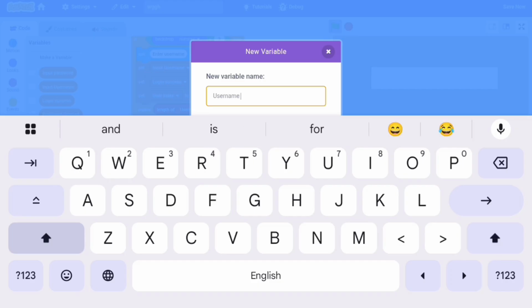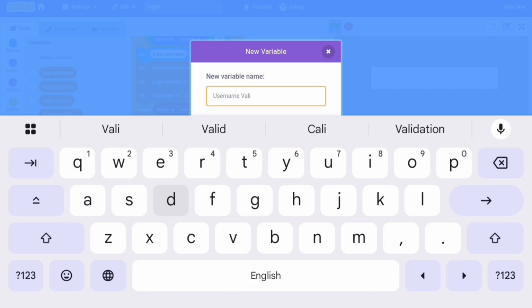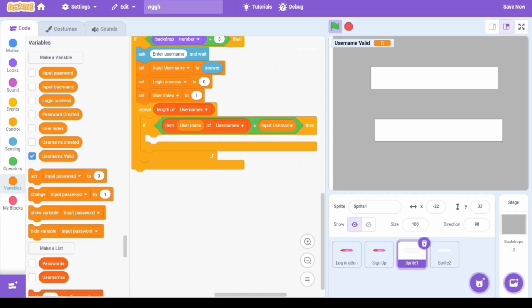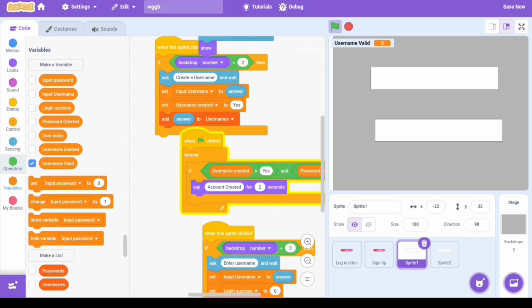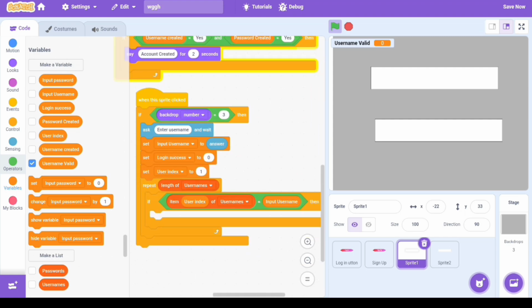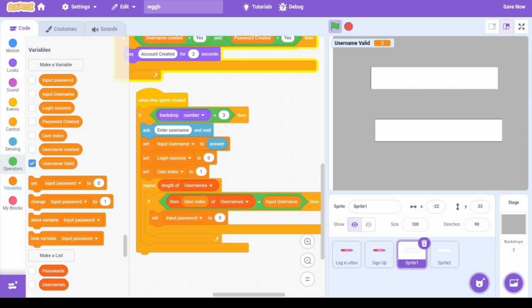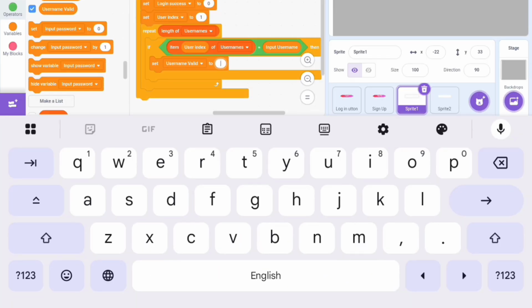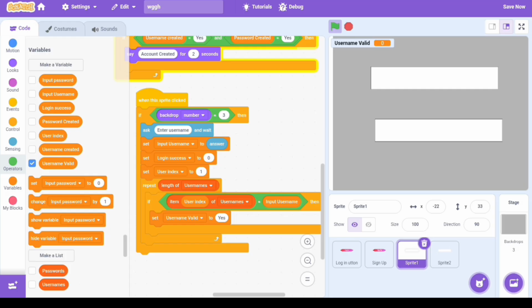And then we're gonna grab length of usernames, and do if then